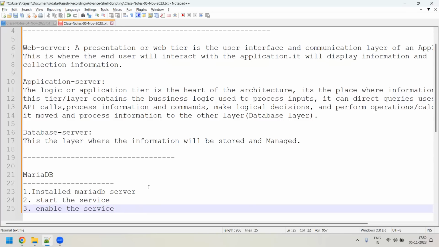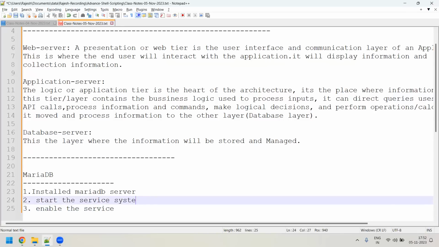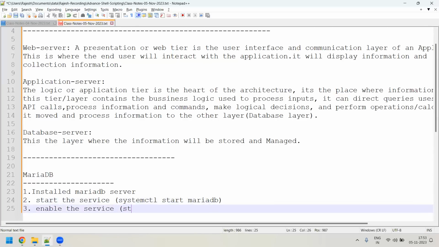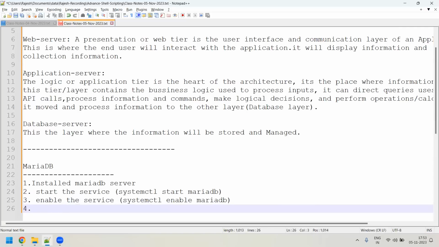Starting the service means we used the command systemctl, like this: systemctl start mariadb. Enabling means the same command with enable. We just need to note down all the manual steps we did yesterday. Correct? And the fourth step, we created the